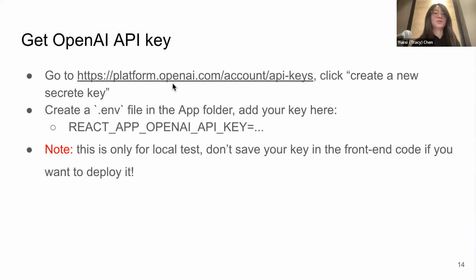Anyway, you need to go to the OpenAI API website and then create a new secret key. And then you want to save that secret key in your folder. And please never ever commit your secret key to any GitHub repo, because that will cause safety issues. But here it is just for local testing, so I just include my key here. And after you have the API key,